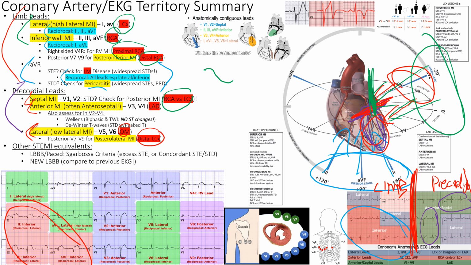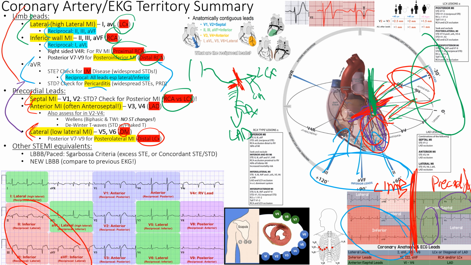Because we have our left main right here coming off our aorta, right? And then we take a turn going south, going to our LAD, or we can keep going east, right? So that's our left circumflex, right? And then off the left circumflex, we have little obtuse marginals, right? But if the blockage is all the way over here, obviously we're going to get ST elevation in both lateral walls, in the low lateral and the high lateral, all right? And then same thing when I talk about the LAD, when I have a blockage up top on the LAD, that's right before I have little septal perforators that come off, right? And also there's some diagonals that also come off the